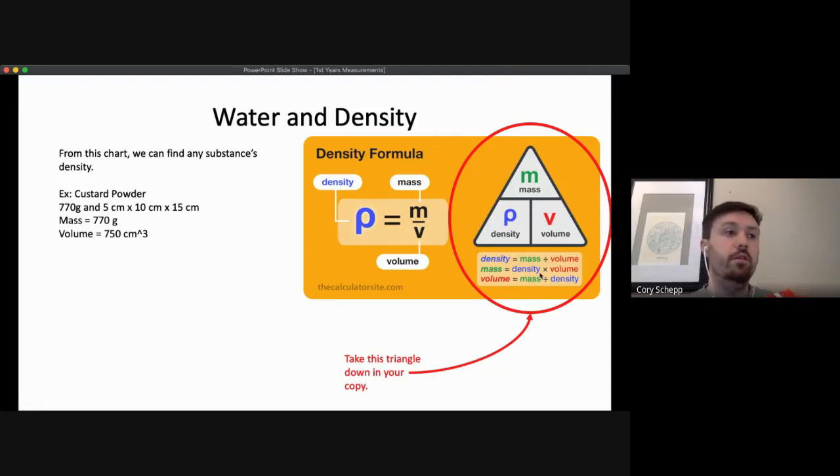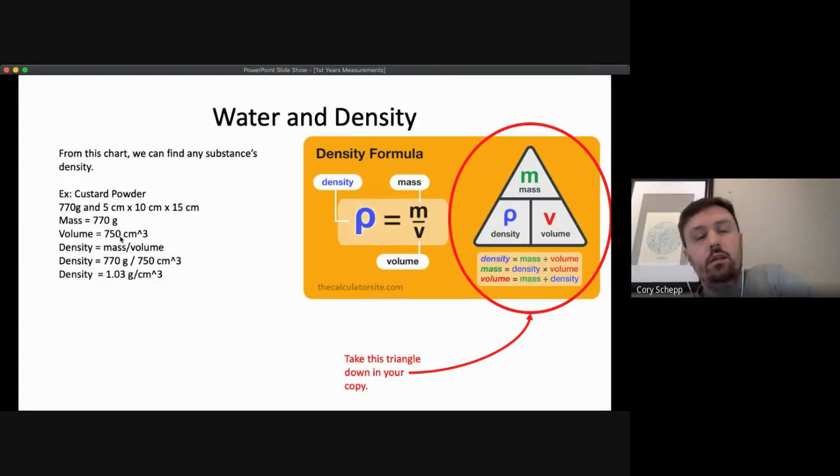But anyways, I'm giving you a little cheat sheet down here. To solve for density, you need to divide mass by volume. We have those in our equation here: 770 divided by 750. We'll do that real quick. It comes out to be 1.03 grams. The units for density are a little confusing. This is what you'll put after anytime you're solving for density: grams per